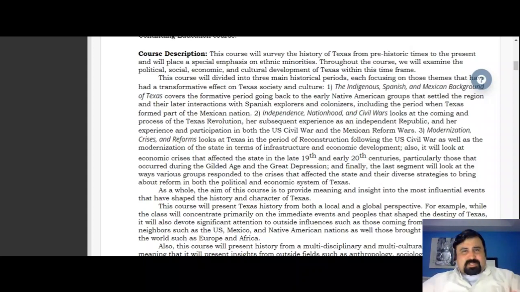And once we see the process of Texas independence in 1836, Texas declaring independence from Mexico for reasons that we're going to get to, of course, in the course. When Texas becomes fully independent from Mexico and becomes a republic, we're going to see more and more the flourishing, if you will, of this institution called slavery. African slavery is going to actually boom in Texas during the years of the Texas Republic from 1836 to 1845,